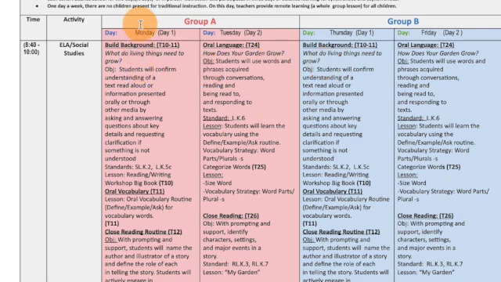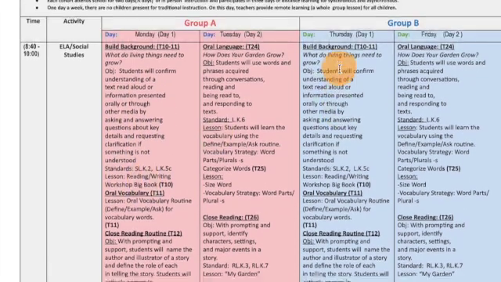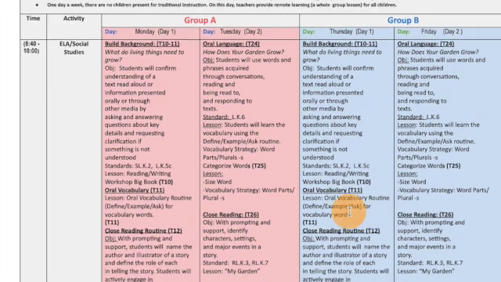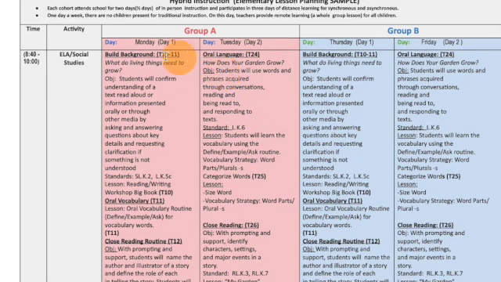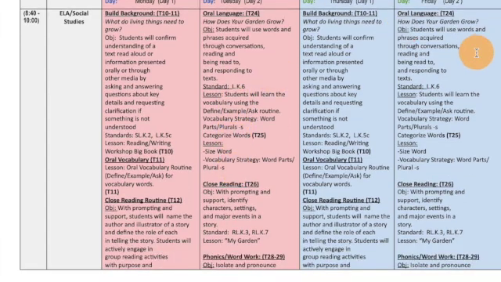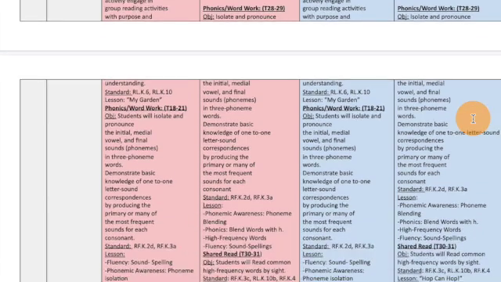So you can see that essentially I'll create the content for day 1 and I'll copy and paste it over to Thursday, day 1. Again, if this is the perspective option that you choose to do, then essentially this is what it will look like with your content. So the content that I have for Monday in person will be the same that I have for Thursday in person, and then day 2. And again, you can see it's labeled day 1, day 2, day 1, day 2. So you'll notice the content here with the oral language, closed reading is the same over here. And essentially what we're doing is we're repeating this instruction for Group A over here with Group B with